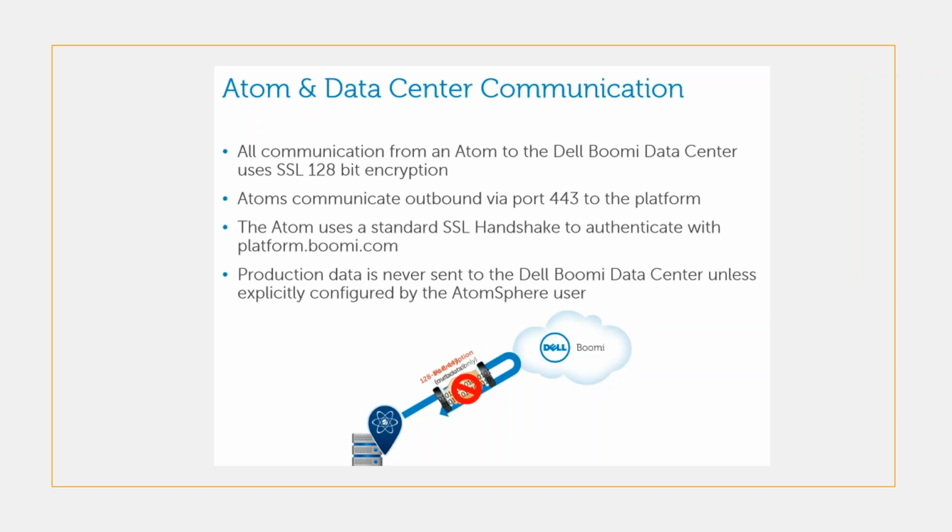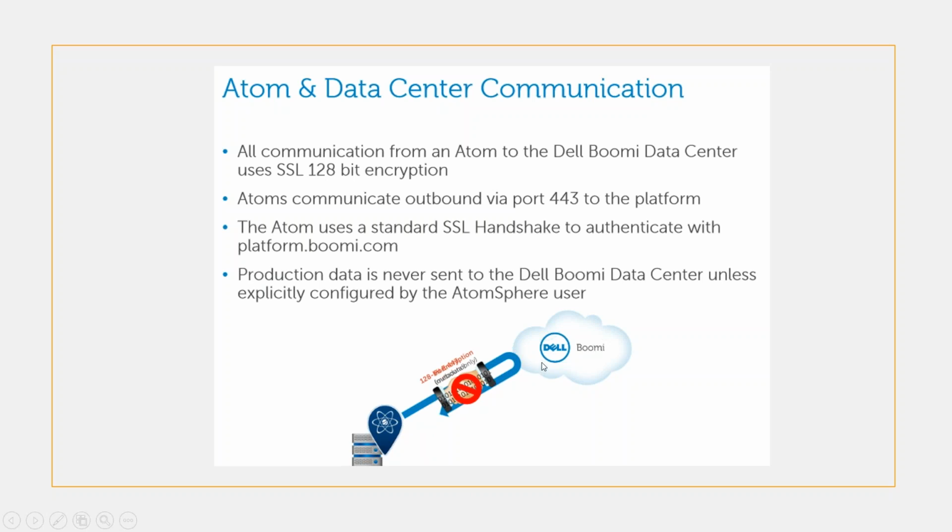And in most sessions, people usually ask this question: how are the Atom and the data center communicating? Atom is something downloaded onto your local system, right? How do this Atom and the Dell Boomi platform communicate? This will be one usual question asked by everyone. So this is how it gets communicated. All communication from the Atom to the Dell Boomi data center uses SSL 128-bit encryption. Atoms communicate via port 443, which is a secured port. The Atom uses a standard SSL handshake to authenticate with